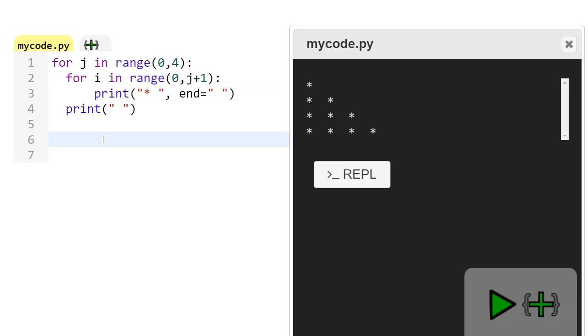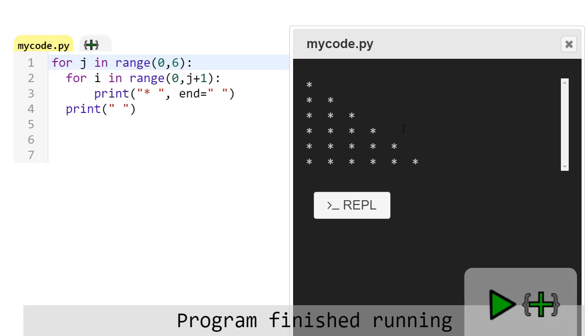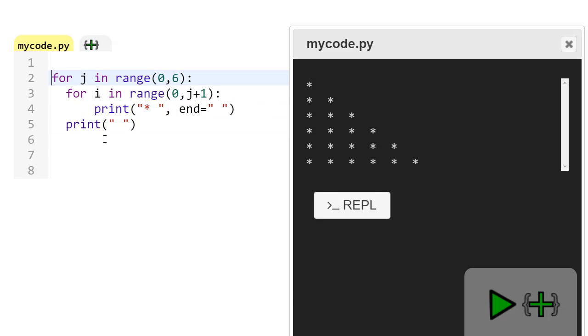Now we want it dynamically. Okay, now it is fixed. So suppose this 4 we make 6, then it will print 6 rows. But we want to make it dynamic. So we will write a function for this, star pattern 1, and all these statements will be under that. So we will select it and press the tab key.